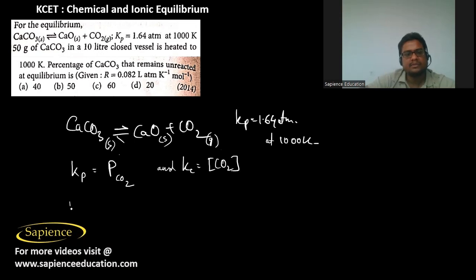Now Kp is 1.64 atmosphere. So 1.64 atmosphere is the pressure of CO2 at equilibrium in 1000 Kelvin. And